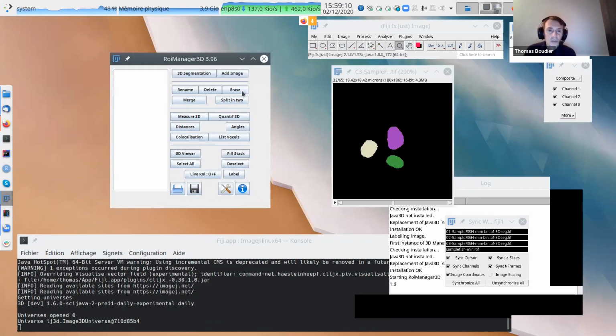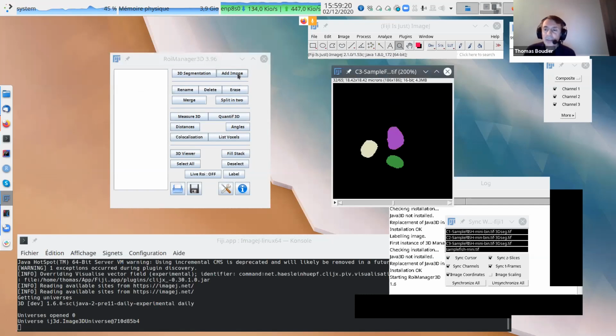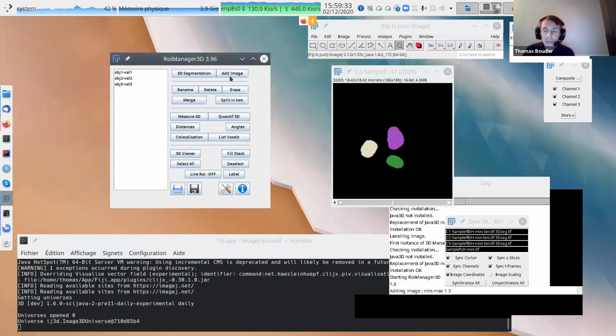It looks like this, very simple. The idea is to put the objects I want here. So the thing is here, Add Image. Actually, Add Image is more like adding the objects that are inside this image. You select the image where you have some objects, you just click Add Image, and that's it.